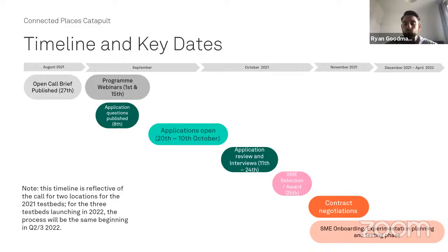And in parallel, what we'll look to do is start the SME onboarding and plan the experimentation. So what's the actual approach in terms of the constraints of the environment? Who are the types of testers you might be working with specifically? How are you going to be engaging with the location partners more specifically? And really establishing the foundations for what you're going to be testing throughout the testing phase,